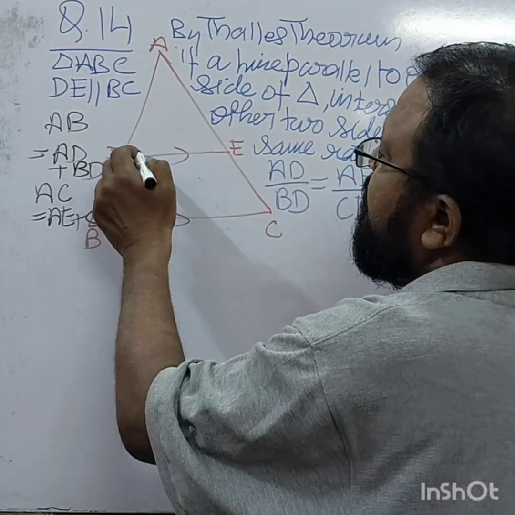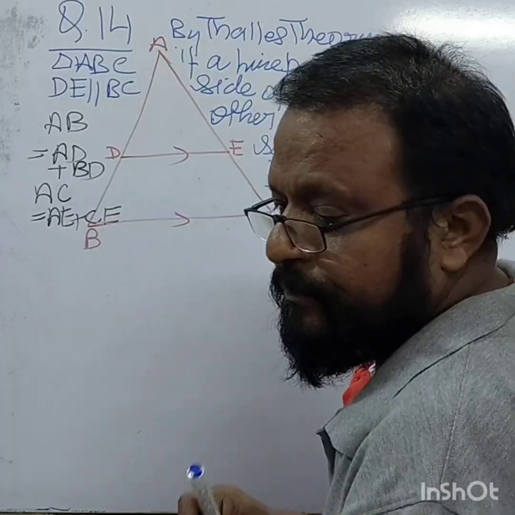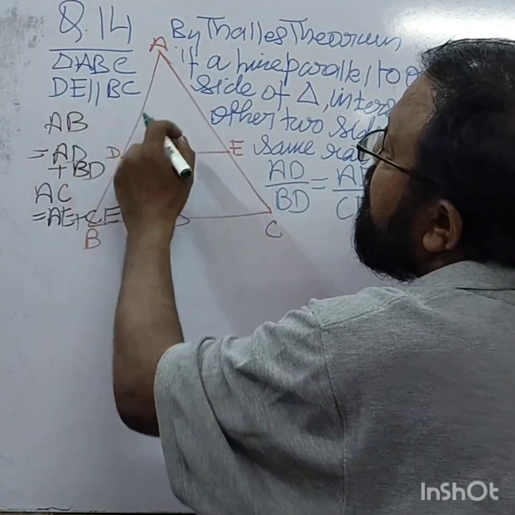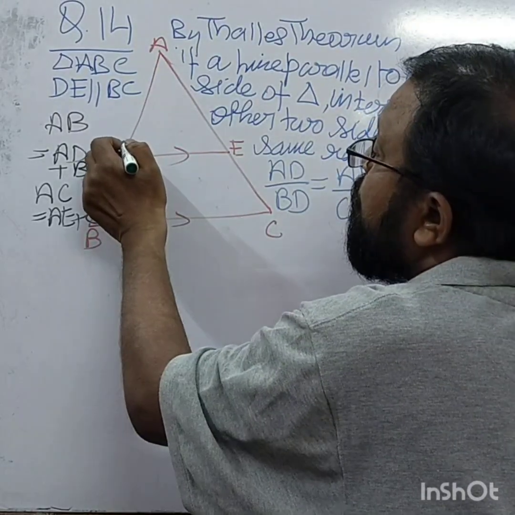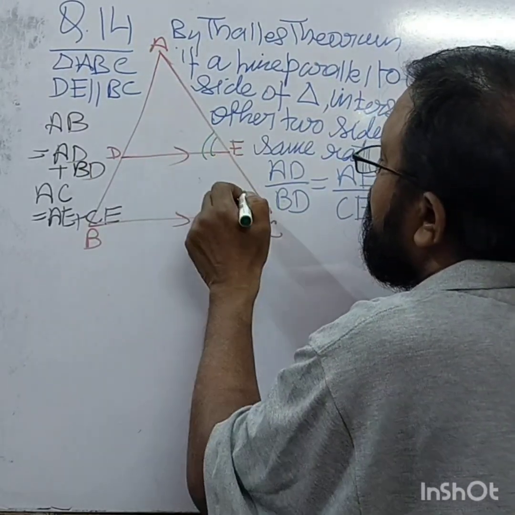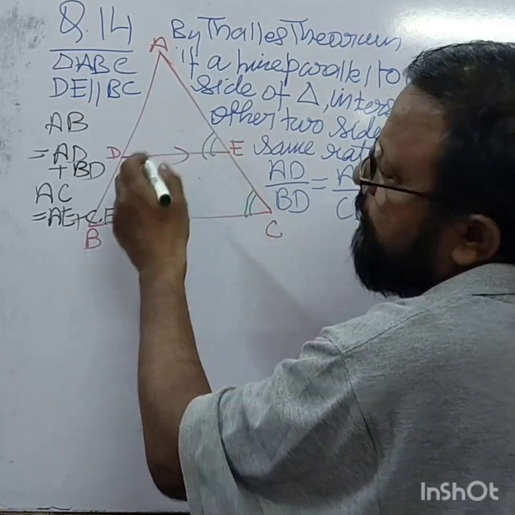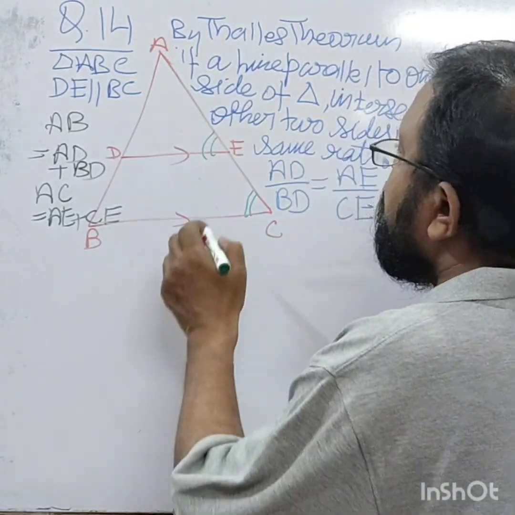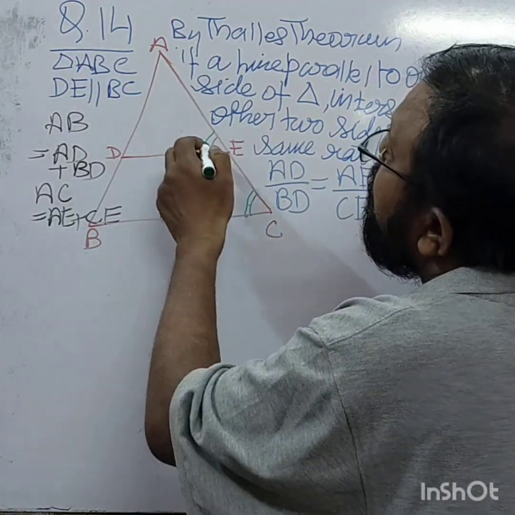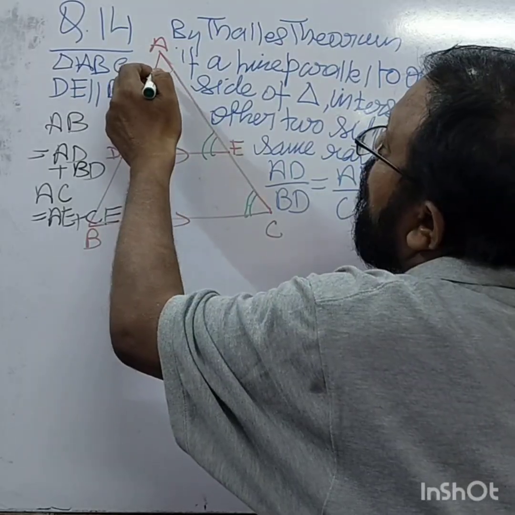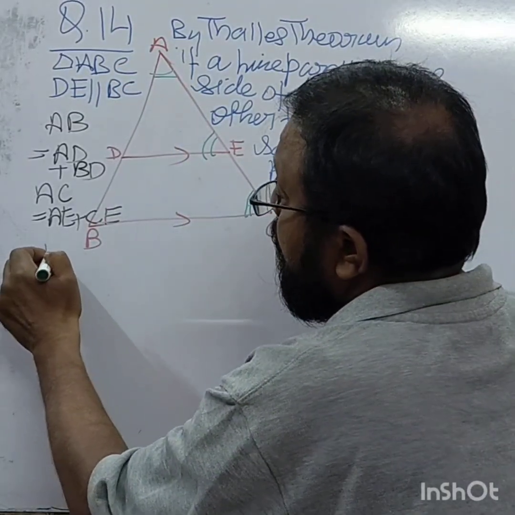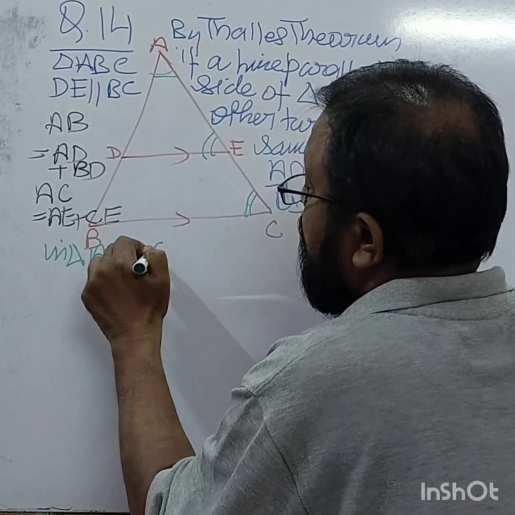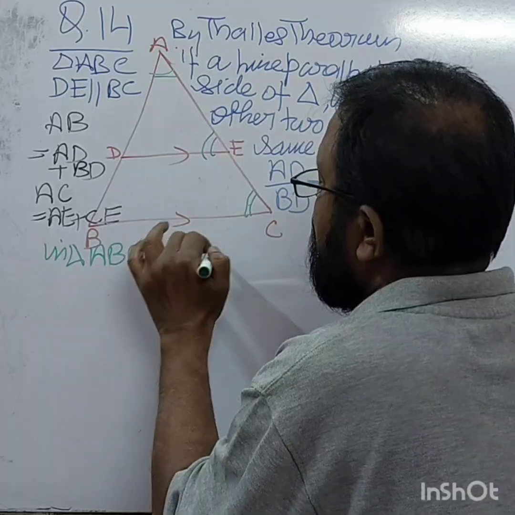So these two sides are parallel, right? It is given that DE is parallel to BC. Yes. So these two angles are on the same side of parallel lines. So they are corresponding angles. They are equal, and this angle is common. So in triangle ABC and triangle ADE,